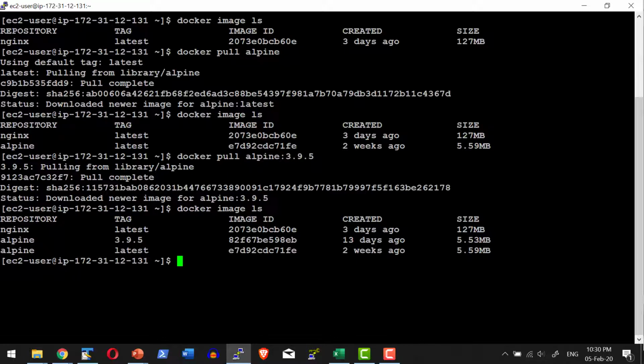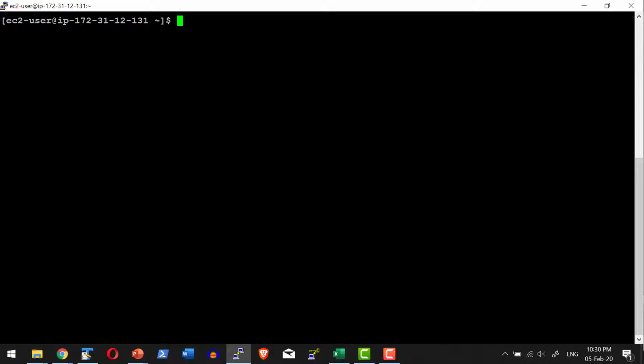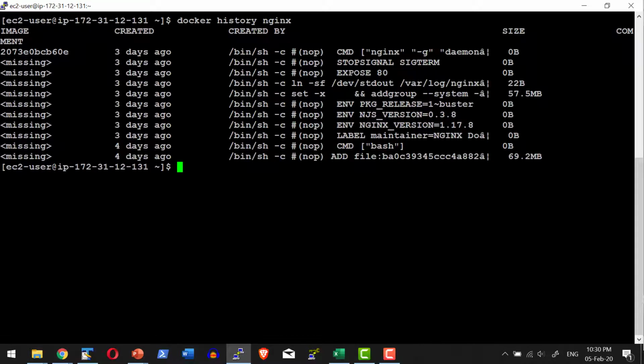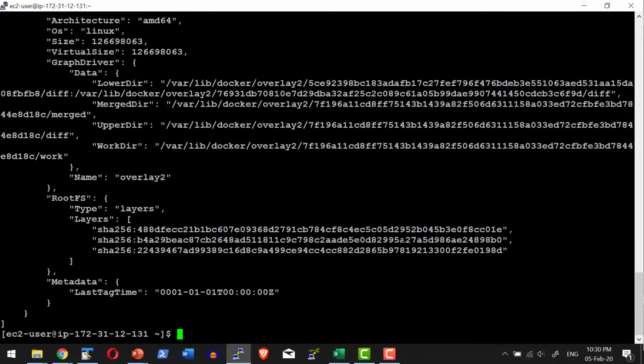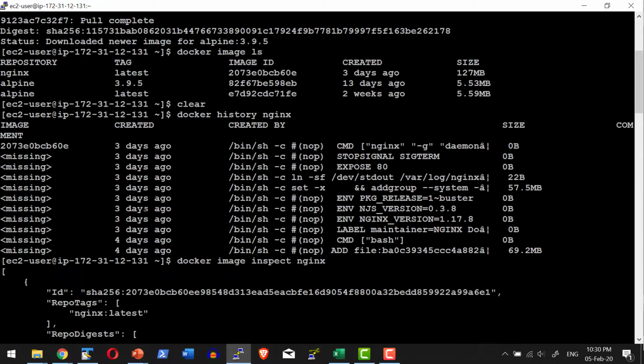I can go ahead and see the history of any specific image. I can say docker history nginx. You will see various operations done against Nginx and how this particular image was created. And there is another option to inspect the image: docker image inspect nginx, where we get lots of information.